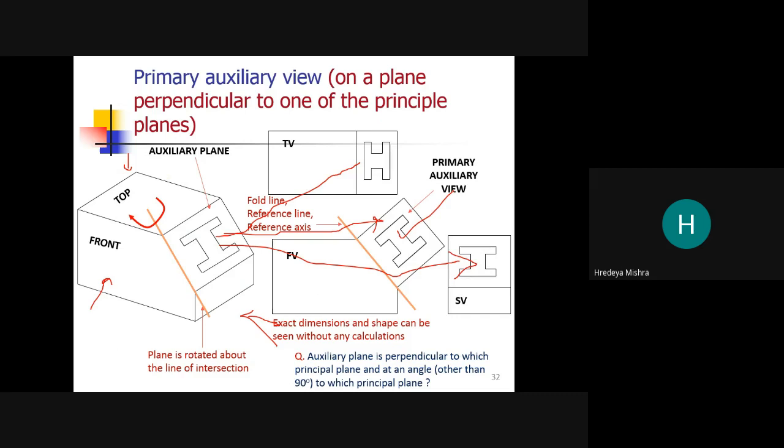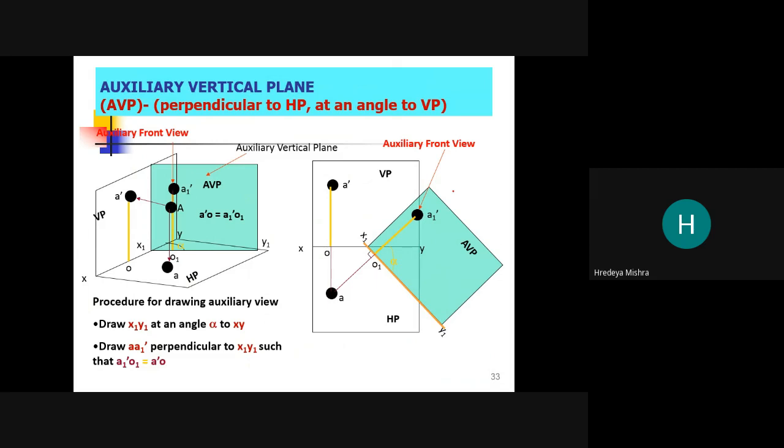An auxiliary plane is perpendicular to one principal plane and at an angle to the other principal plane, that is the 90-degree. Now see, AVP, auxiliary vertical plane, perpendicular to the horizontal plane and at an angle to the vertical plane.